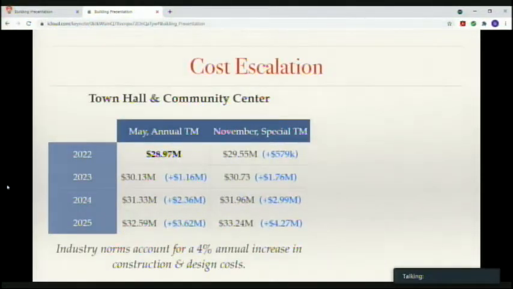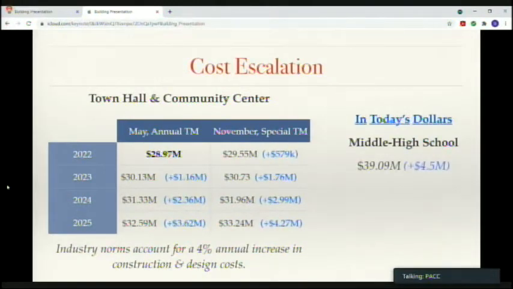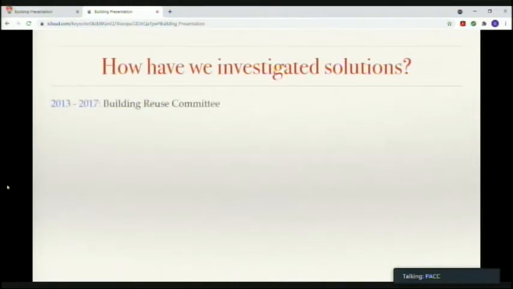It's all right. So when we talk about cost escalation, what I've plugged in here is the cost of doing nothing. I think that we've all been spending time trying to figure out what this economic solution is. And so this plan,